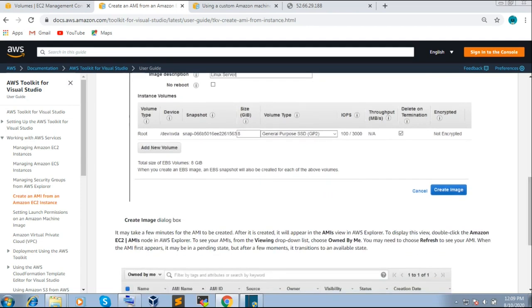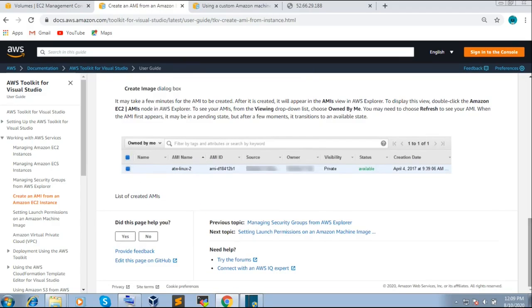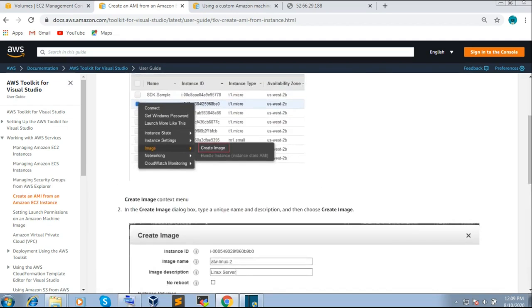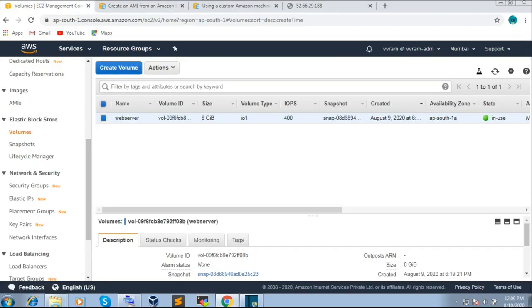We can choose the types of volumes and the volume size, and create the image. Thereafter we will check whether the AMI is created or not in the AMI section. Let us see how to do this.